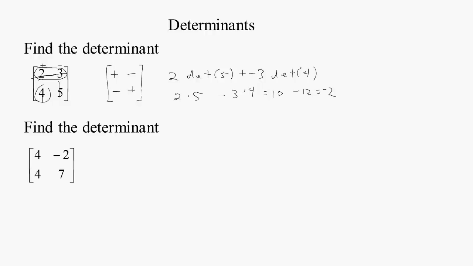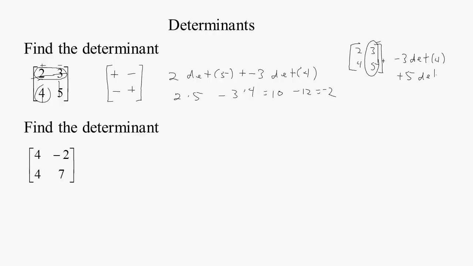Now, it doesn't matter which row or column you expand along, so you could do this another way. Let's go back to that same matrix, 2, 3, 4, 5. Let's expand along this column. Notice when you look back at the checkerboard, the 3 is in a negative position and the 5 is in a positive position. So we have -3 times the determinant of what you get when you cross out the row and column that that 3 is in. So that's left with the determinant of 4. And then you have 5